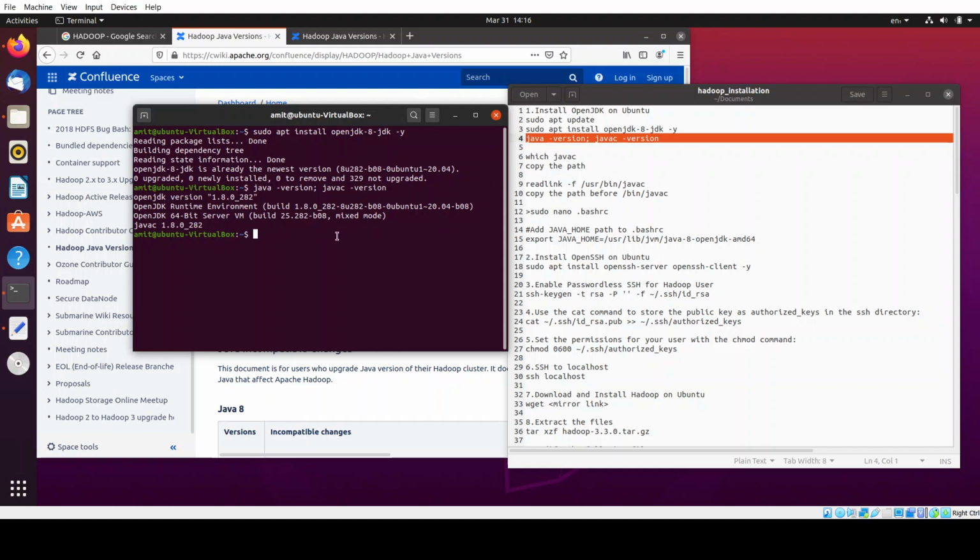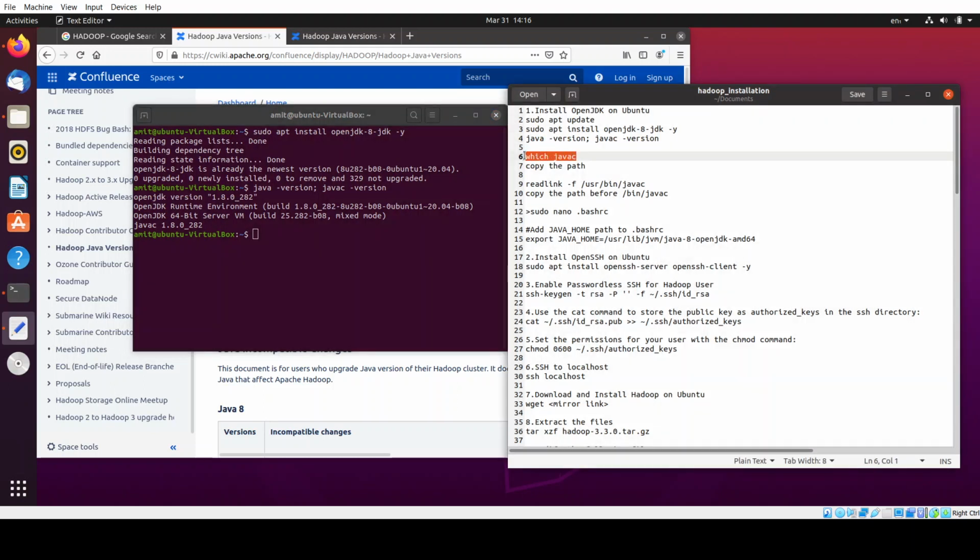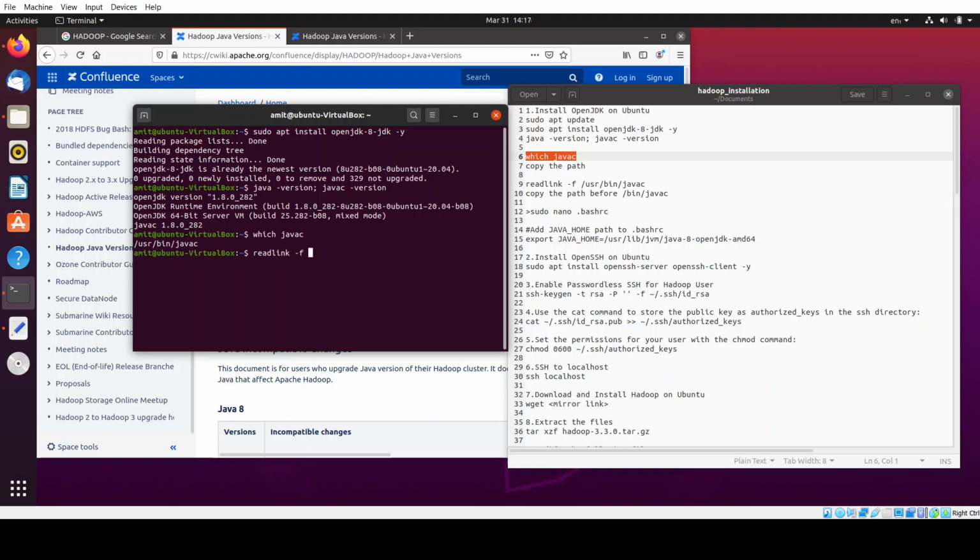We also need to specify the environment variable, for which we need to know the path where the Java compiler has been installed. So we'll do which javac. It gives us the path, but this is actually a relative path, so we need to know the actual path. So we'll do readlink -f and then paste the path.